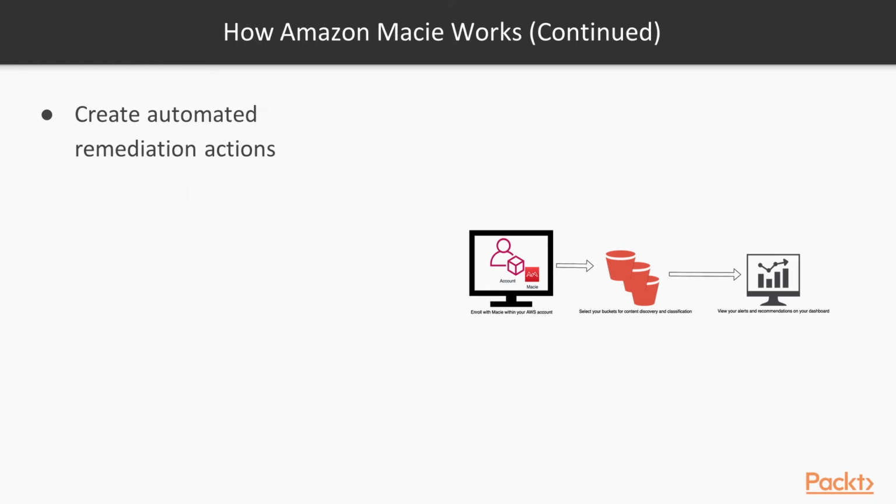So you can create automated remediation actions using Macie. So when Macie recognizes an anomaly or produces an alert with a recommendation, you can have Macie automatically remediate the problem or take action on the recommendation on your behalf, and then just show you what it did in your